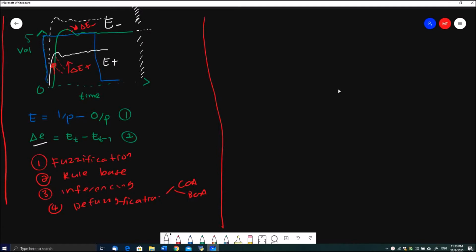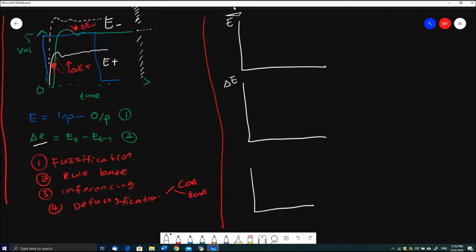So let's say the first one is the E, the second one is the delta E, and then the third one, which is the output,